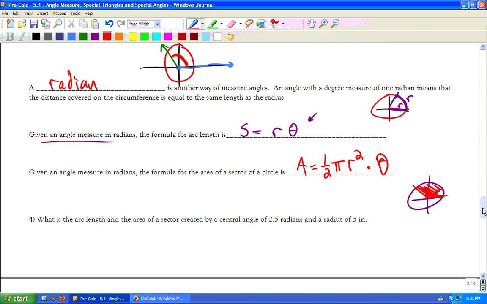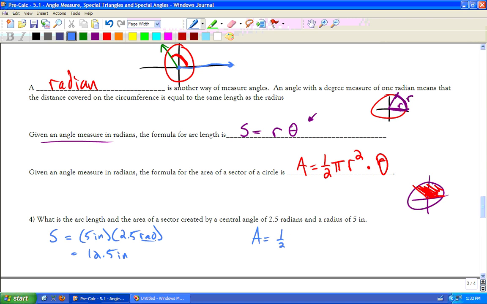Practically speaking, let's just show you how you can plug and chug with these. What is the arc length and the area of a sector created by a central angle of 2.5 radians and a radius of 5 inches? Well, the arc length will equal the radius, 5 inches, times 2.5 radians. That equals 12.5 inches. The area will equal 1/2 pi